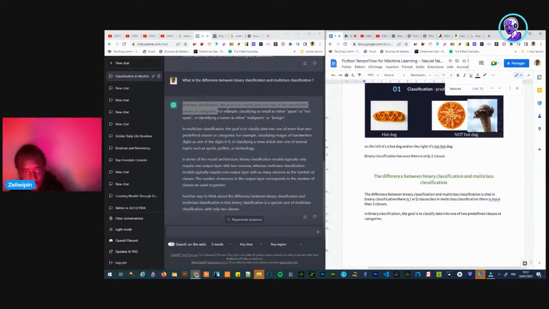For example, classifying an email as either spam or not spam, or identifying a tumor as either malignant or benign. In multi-class classification, the goal is to classify the data into one of more than two predefined classes or categories.